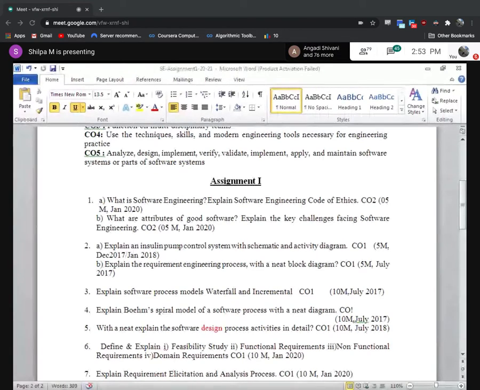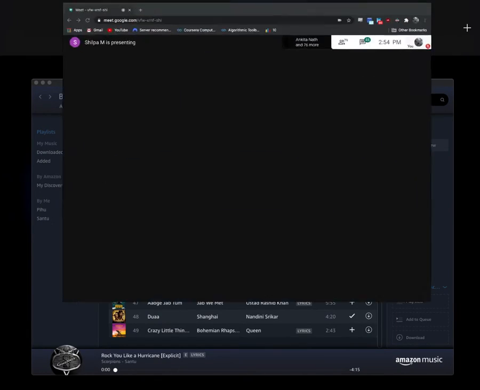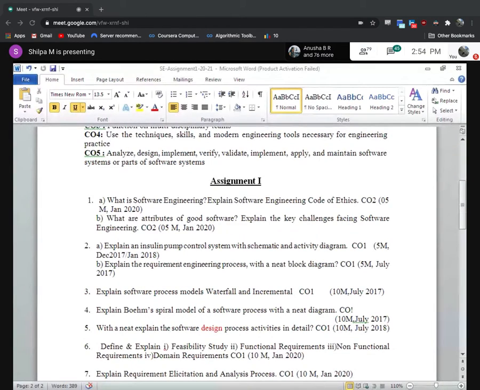Software process models, waterfall model. In page 28, it starts and 29 is there. But the figure of that is figure 1, the waterfall model. Figure is a must. I'm telling you, figure is a must everywhere. Figure 1, the waterfall model, and 28 and 29. You have to write. Incremental model, figure 2 in page 31, and the explanation for that. Fine with it? 30 and 31 incremental model.